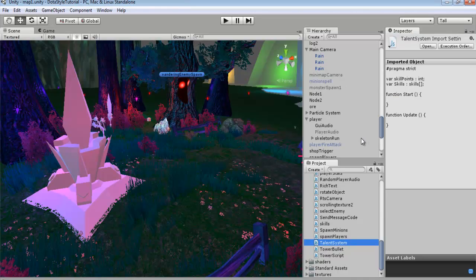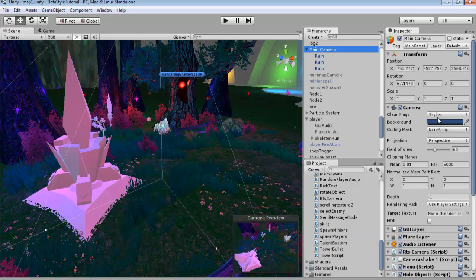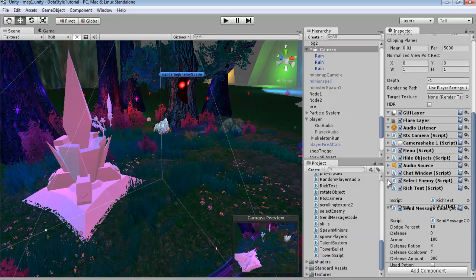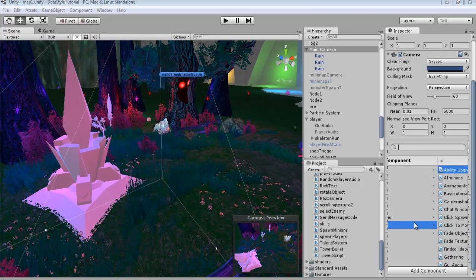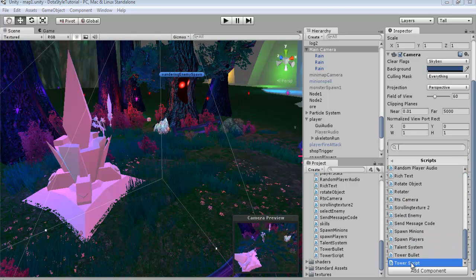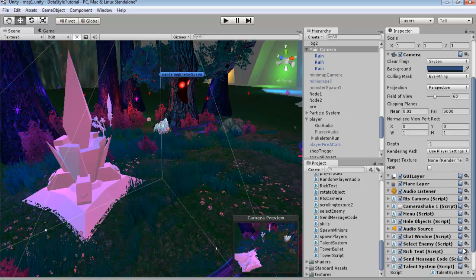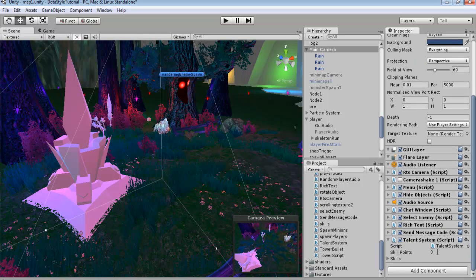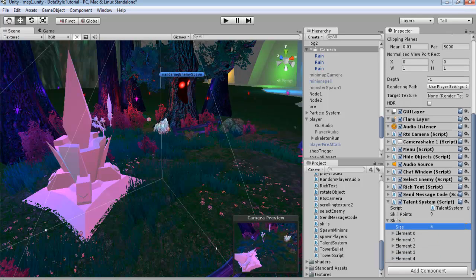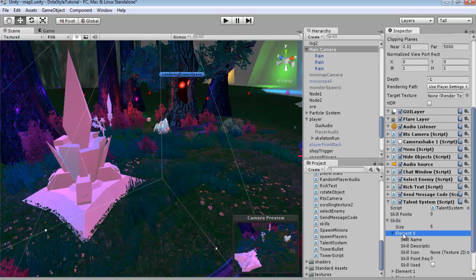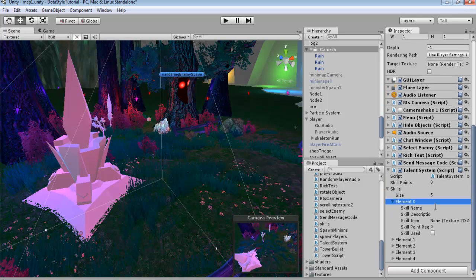Now all we want to do is throw our talent system somewhere. I recommend the main camera probably, or on your player, or wherever you feel like adding it. So we'll go into scripts, and talent system. And now in here we have our skill points, we have our skills, and we can actually add to this. So let's say we had 5 different skills. Each of these elements are going to be blank for now, and you can drop it down and add each one in here. And so skill name,